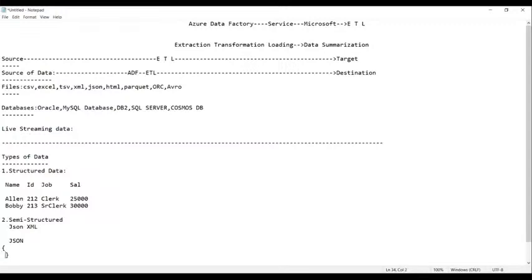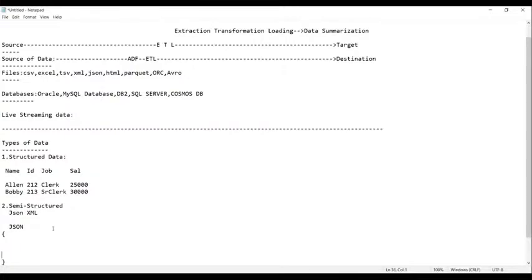If we have to write the same data in semi-structured JSON format, how do we write it? Let us see. The data will be like this. Name.